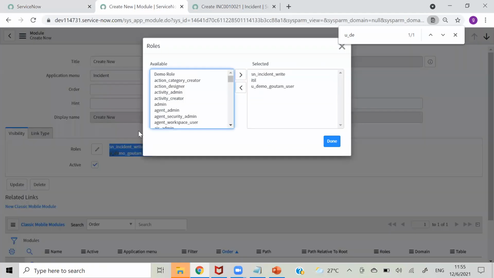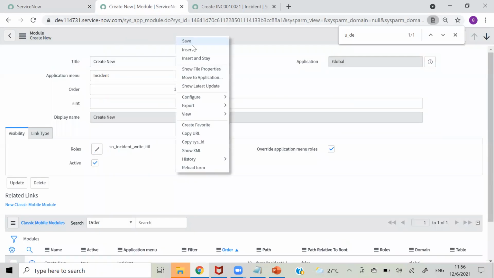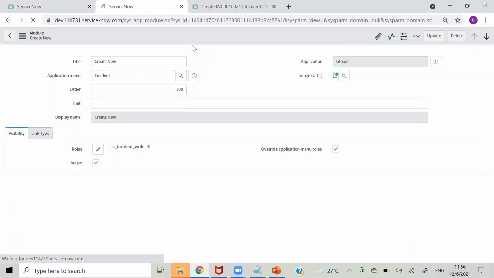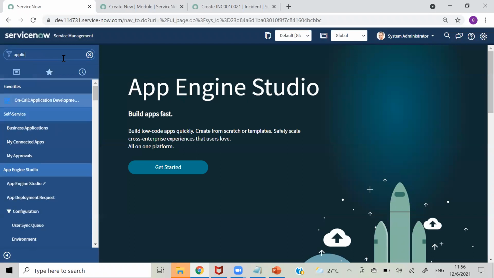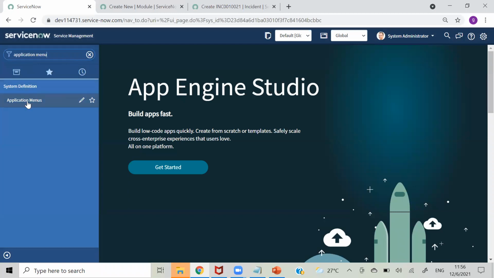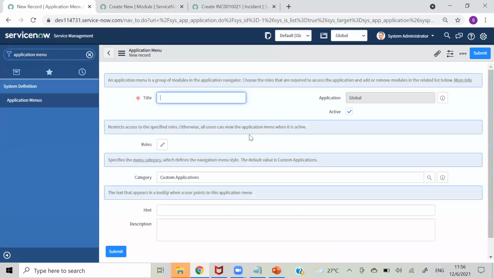Any queries on this? Sharath, Rohit. No, no, Gautam. Clear. Okay. So you can create your own application also. Try to create your own application menu, and try to give your roles here. And you can even create a category, so it will show under that. So you can try this for today.